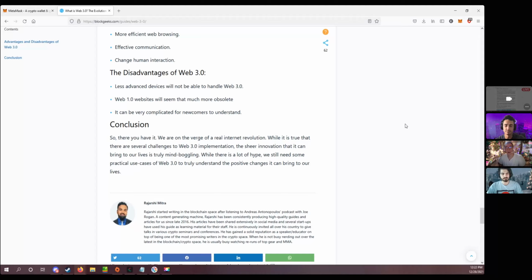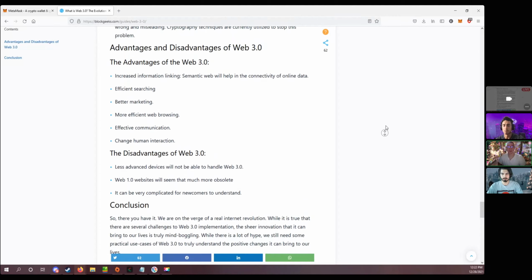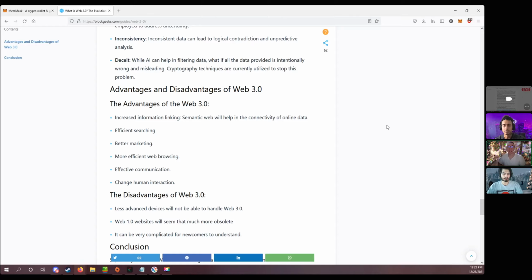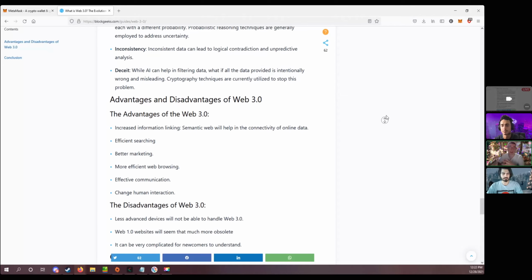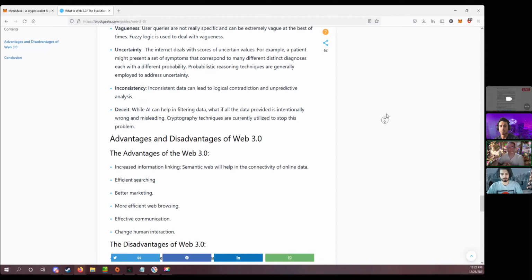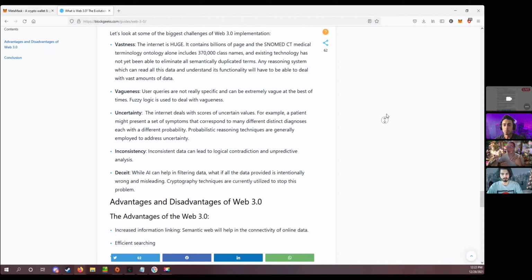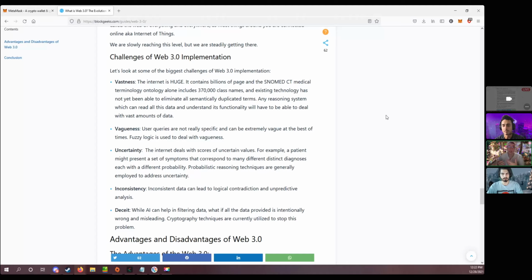I mean, we'll see. Again, the drawback, as is the case with new technology, is the entry level. Based on this article, the biggest fear or hurdle is that older devices might not be able to access it. But again, with newer technology, older things get phased out. On top of that, it might be too intense for some people. If you get hit with 3.0 and all the technology, some people get overwhelmed. But again, that is true of every new technology.